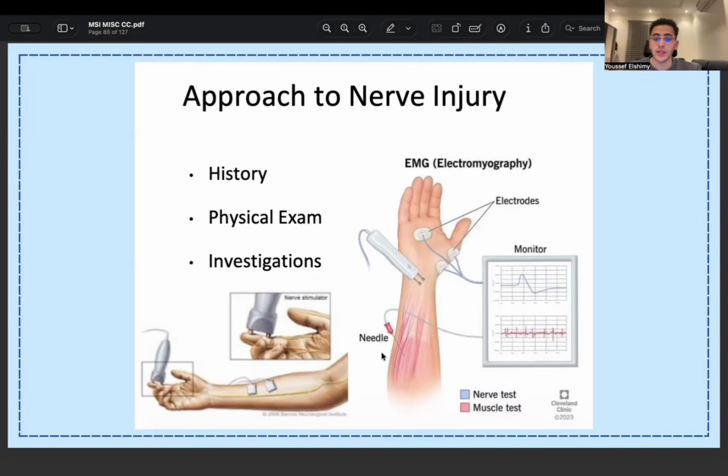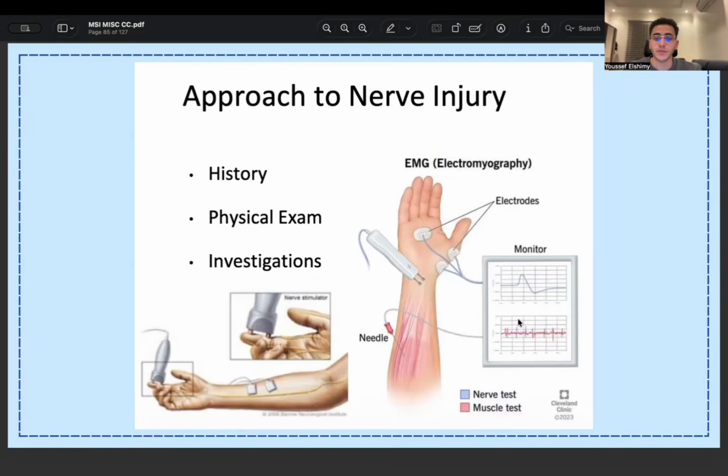Then comes the investigations. And this time we're not going to use imaging that much. So if we want to know more about the nerve injury, we are not going to use, for example, X-rays or CTs or MRIs. This time we're going to use nerve conduction studies or electromyography. And the best thing about electromyography is that it tests the nerve as well as the muscle. So it has two screens, testing the muscles as well as the nerves, in order to know if the underlying problem is caused by the nerve or caused by the muscle or caused by both the nerve and the